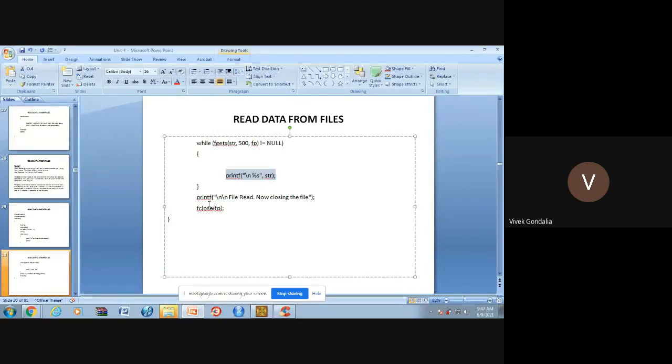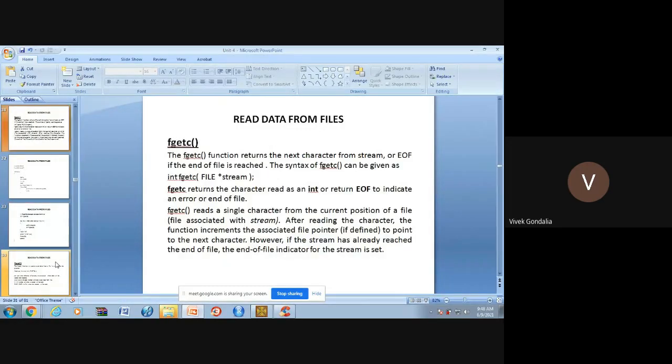And after the printing, you can give some message like file read, now close the file. So now we are closing the file, and we have to write getch also. It is not there, so please write it. All this we will see in our next lab. In the lab session we will see all of this. I will run all the programs, and we will complete that lab exercise also, right? So this fgets will read the data string by string.